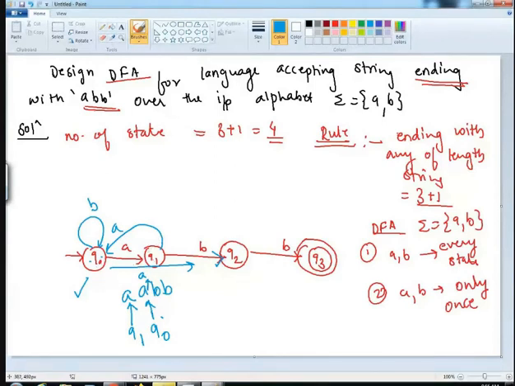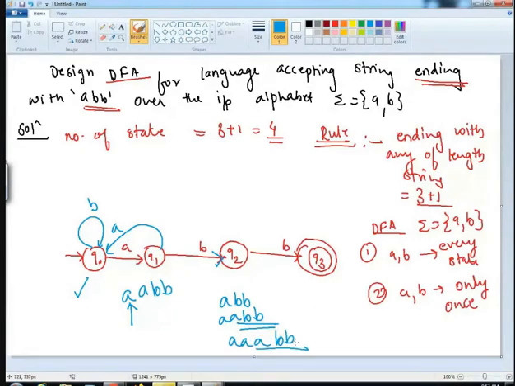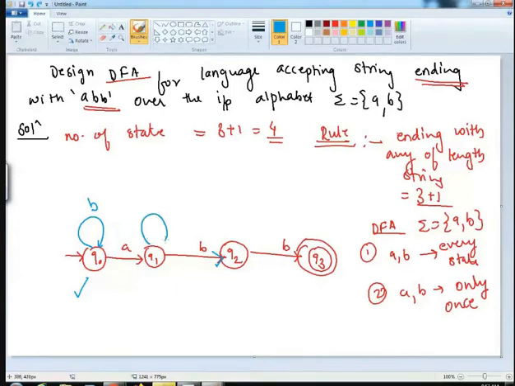Getting it? So what the best option is that आपका ऐसा हो सकता है कि सिंगल A, B, B रहेगा, डबल A, डबल B रहेगा, still the machine is accepted because it is ending with A, B, B. It can happen you have 3 A and B, B. Still machine should go to an accepted state. There is no constraint that there should be even number of A's or odd number of A's, right? So you cannot give this particular loop. In that case, it will become compulsory that the machine should take odd length A. So the best option is that you can give a self loop of A, right?